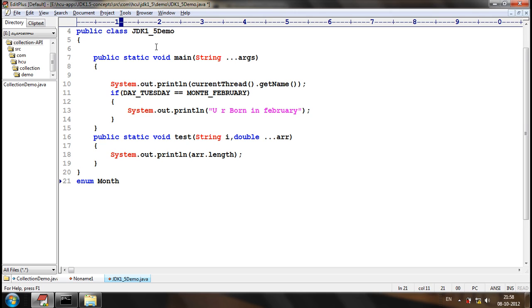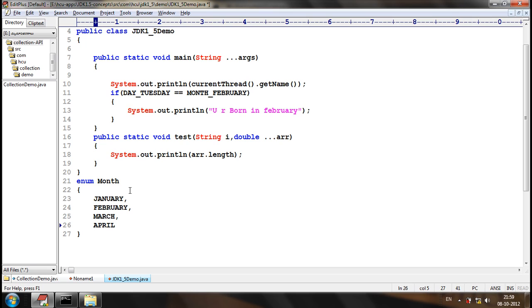Enum Month, and we specify the enum constants like this.